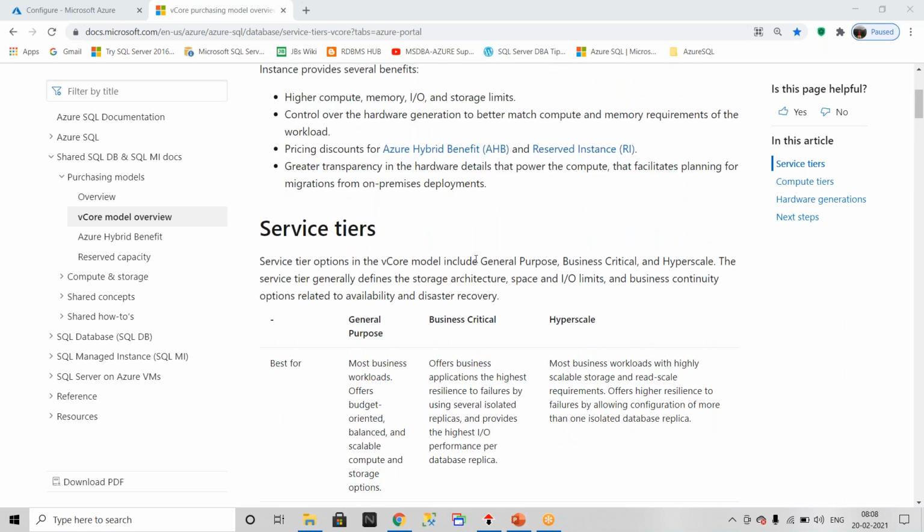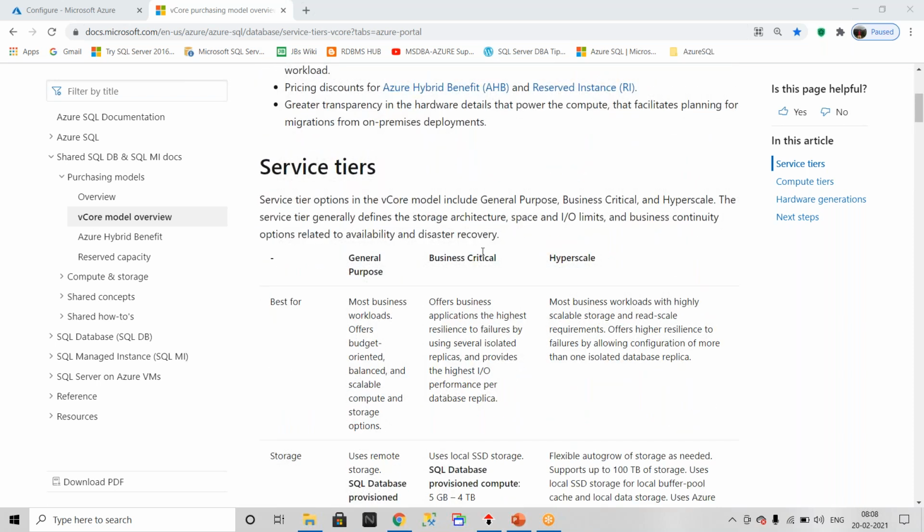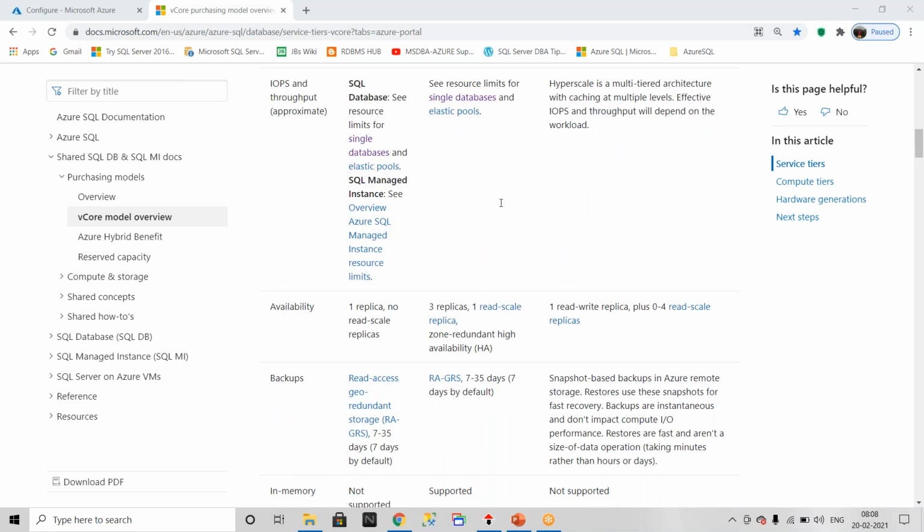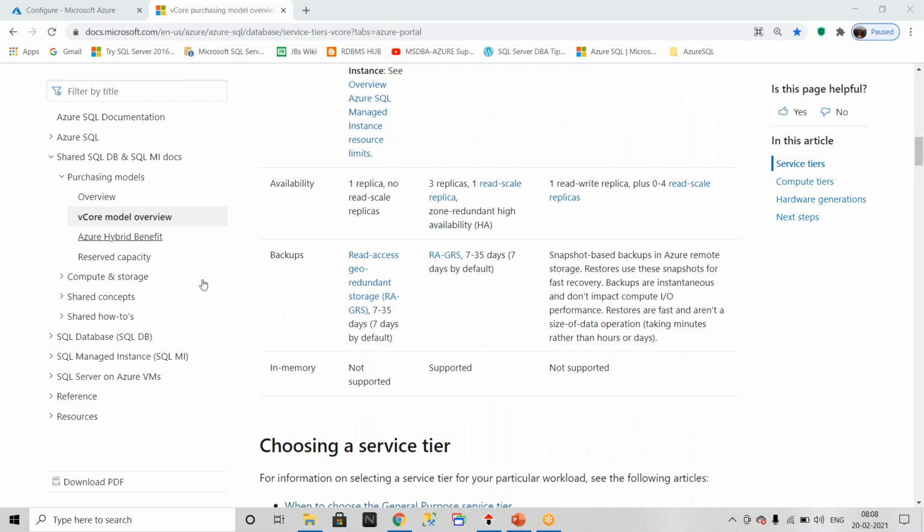So when you go for a service tier, business critical, general purpose, hyperscale, please refer to this blog. You will get a lot of information. Redundancy is still not yet added in general purpose, but it is supposed to be. It is under preview, so they are going to add the secondary replicas in a while. In the next couple of months or days, you can see secondary replicas in general purpose as well.